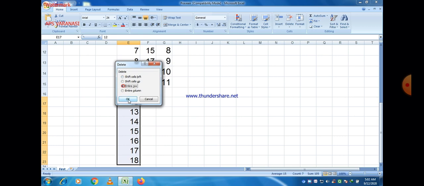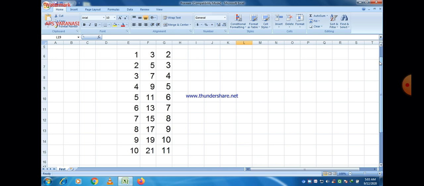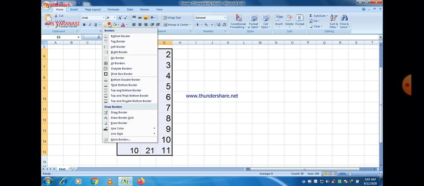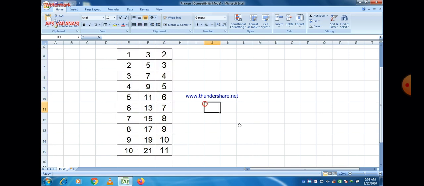If you want to delete a certain number of rows, just right-click and go to delete rows. You are able to delete the rows in your MS Excel sheet. I think now all of you are able to understand the concept of making a series in MS Excel. So you don't need to write the sequence number or serial number in your Excel sheet. It will automatically generate by giving only 1 or 2 values and dragging it.